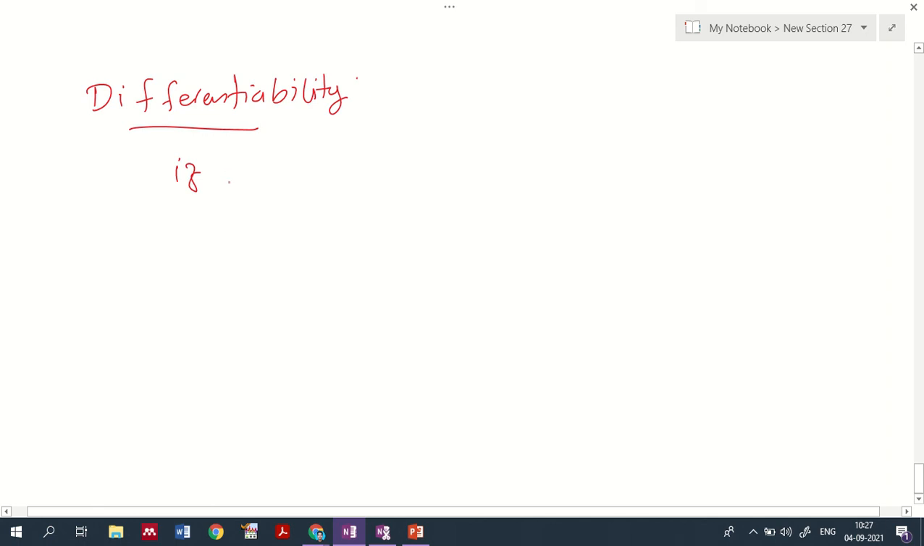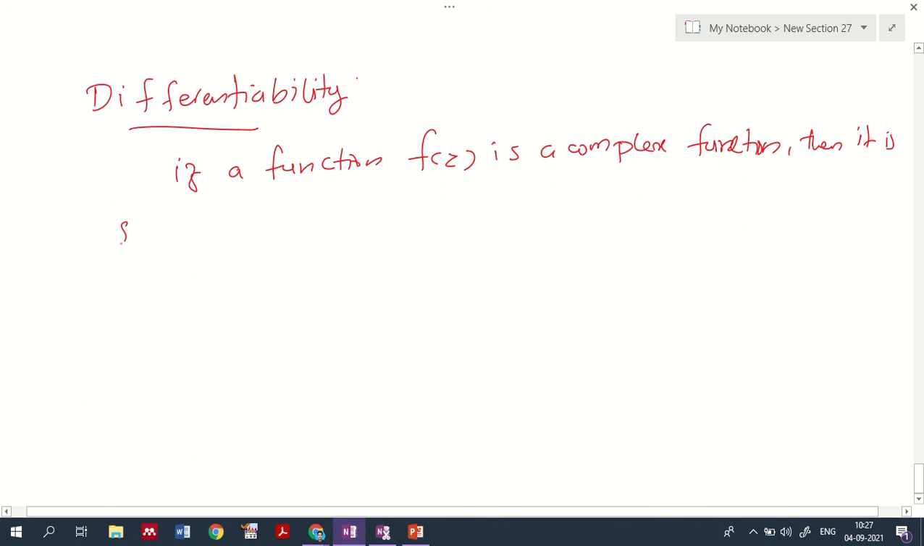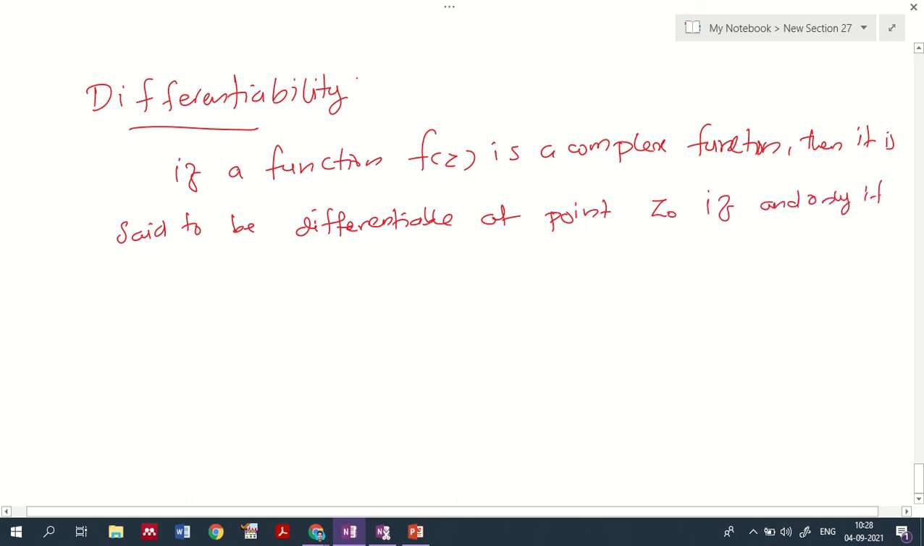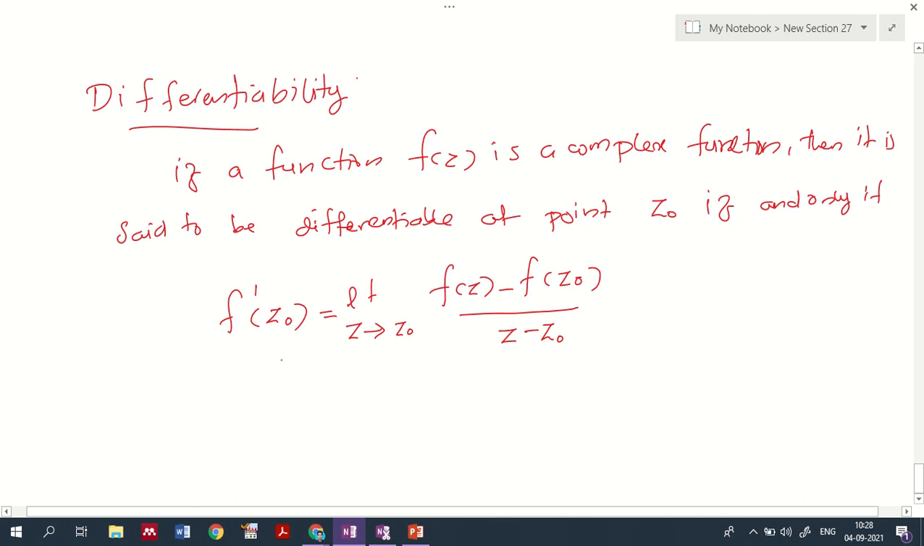If a function f of z is a complex function, then it is said to be differentiable at a point z0 if and only if f dash of z0 exists. f dash of z0 means limit z tends to z0, f of z minus f of z0 divided by z minus z0. So if f dash of z0 exists,